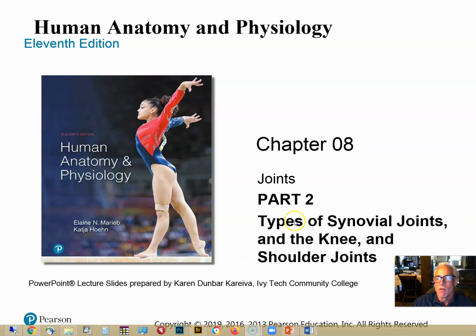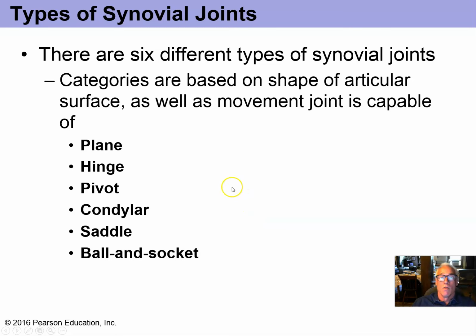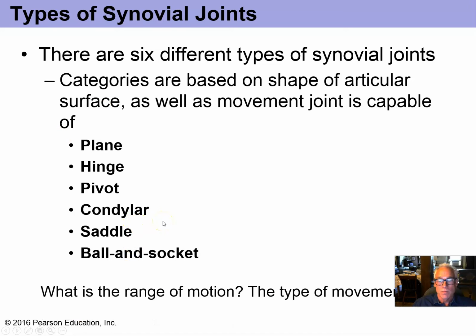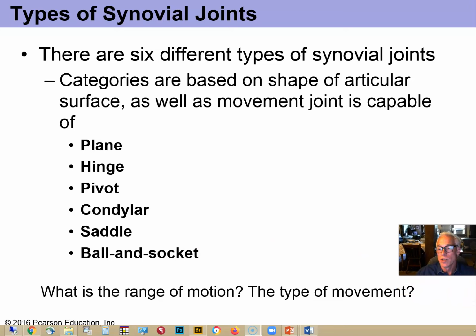Now, there's a lot of ways you can describe the types of a joint and the movements of joints. So let's dive right into this Part 2. We're first going to look at these types of joints. They're general categories in a way, and then we'll look at the type of movement that's allowed by each one of these types of joints. So we're going to try to look at the range of motion and the type of movement. You'll see what